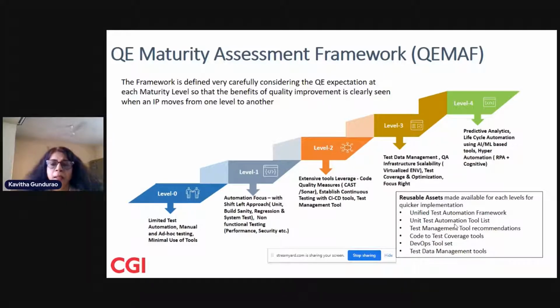We also started coming up with test management tool recommendations, code to test coverage tools, such as one of the popular tools that we've started using is CLights, and then DevOps tool sets and test data management tool sets as well. So we have a lot of in-house developed tools, or I would say point solutions, and we're also evaluating many other tools which are popular in the market as well.